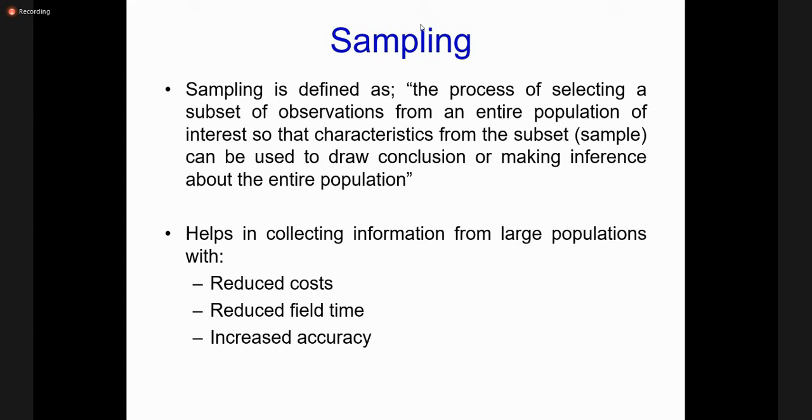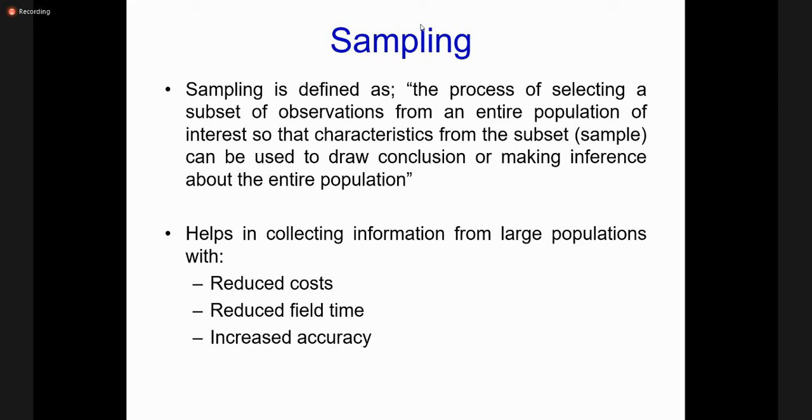So a subset is okay. A subset of a population is a sample, but whether the sample is accurately selected or not is our point of interest at this point in time. Our interest is whether the sample is rightly selected, applying specific scientific principles or not, because sampling is very easy, but if there is a set of principles, then of course it becomes complicated. And if you do not follow the principles, then the sample is not going to reflect the entire population, which is your ultimate purpose.